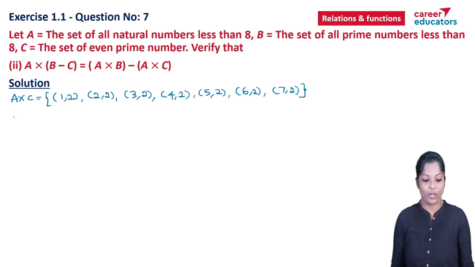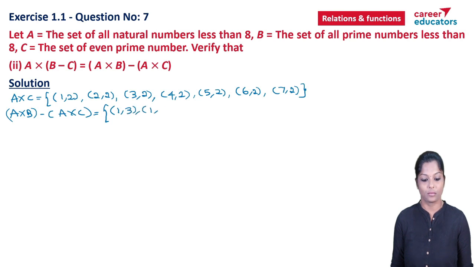Next, we have to find A cross B minus A cross C. To find it, we have to exclude the elements of A cross C which are present in A cross B. We will get